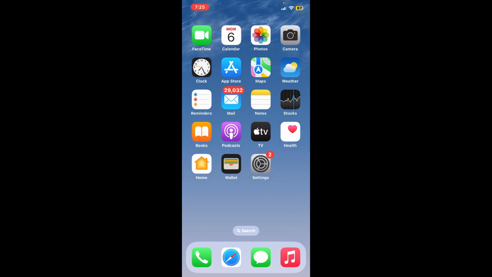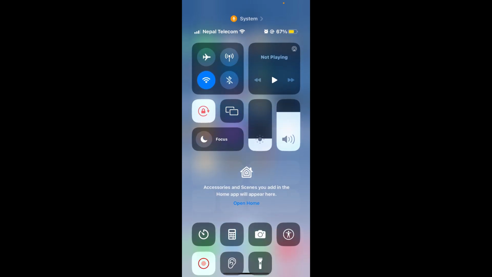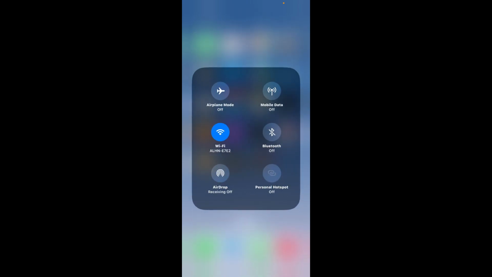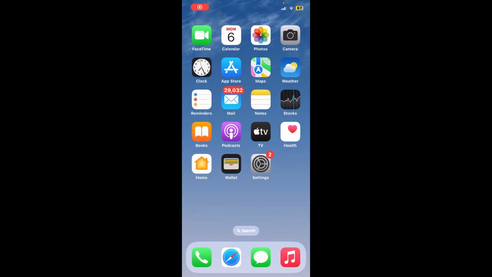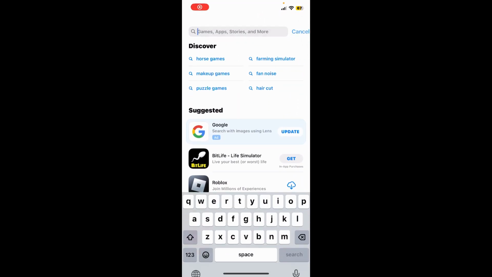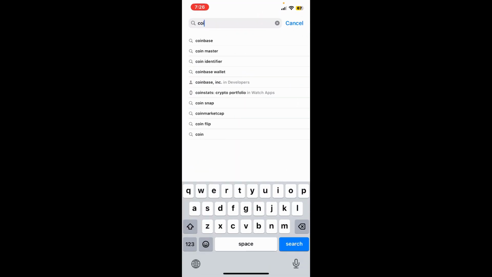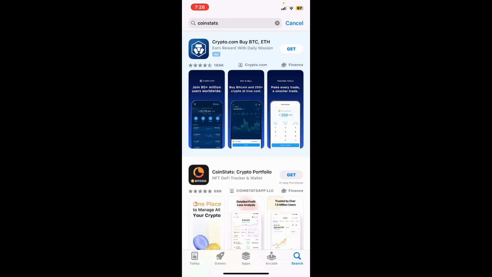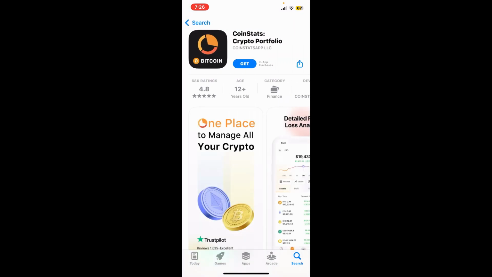Start off by making sure that you have connected your iOS device to a stable internet. And once it's done, open your App Store. Go to the search box and type in CoinStats and search. Soon after you find this application from CoinStats App LLC, go ahead and tap on the Get button to begin